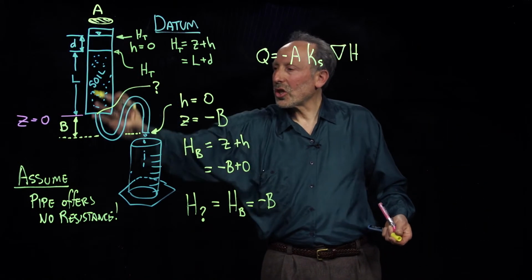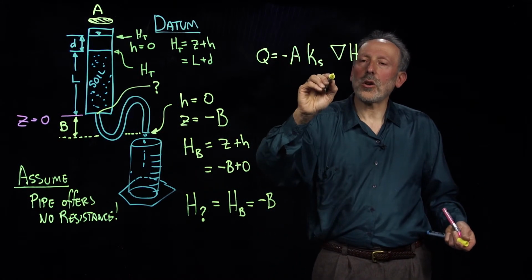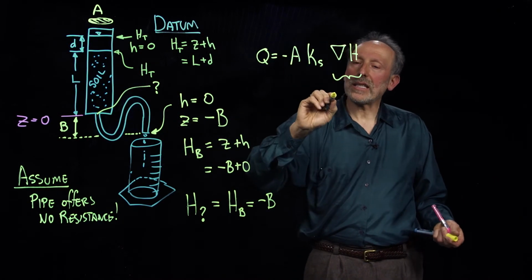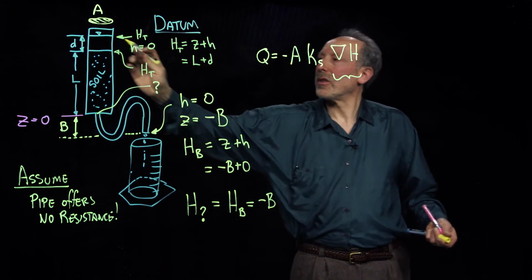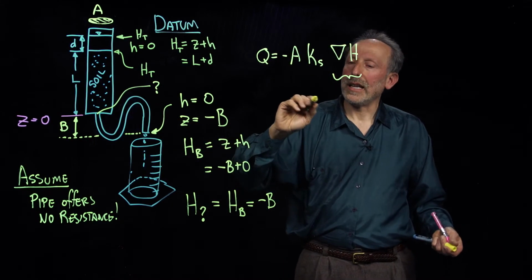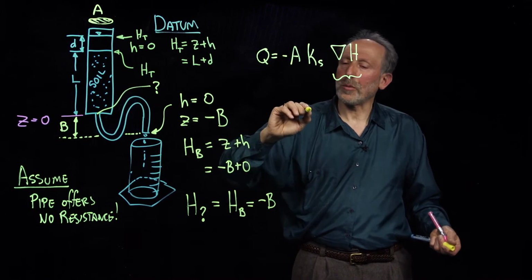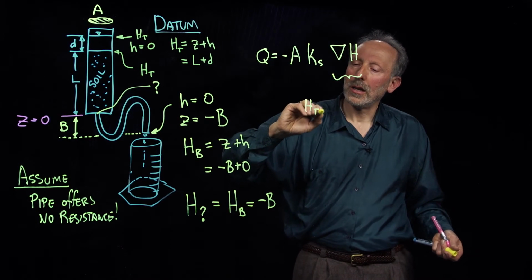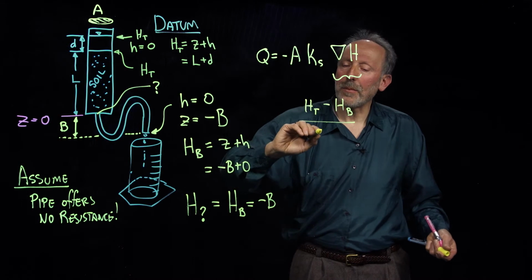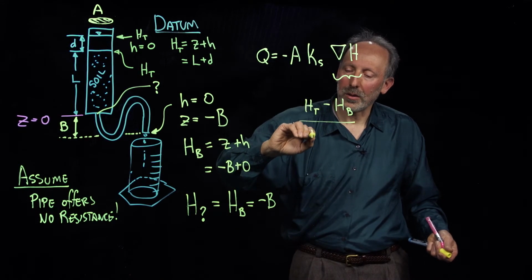And because our soil is uniform, the gradient is the same everywhere, the flow is the same everywhere, so we can say that that gradient is just equal to the gradient over the entire column, which is going to be the total potential at the top minus the total potential at the bottom, divided by the total path length